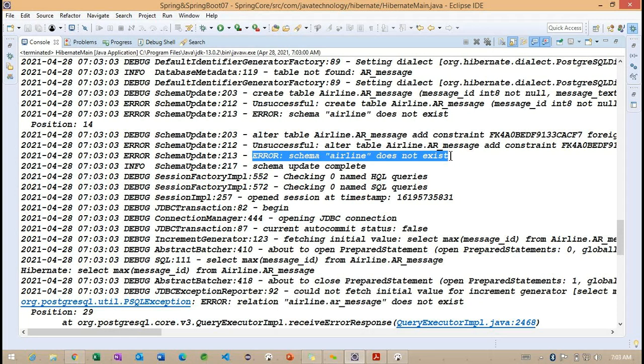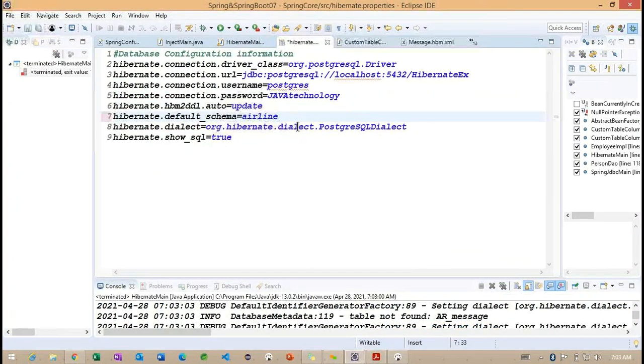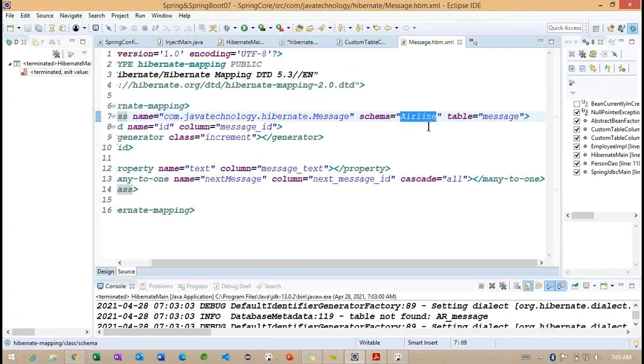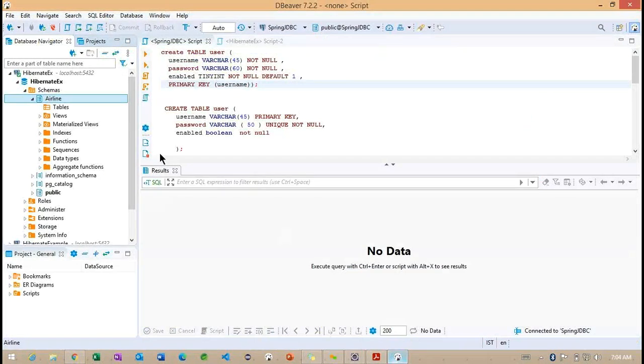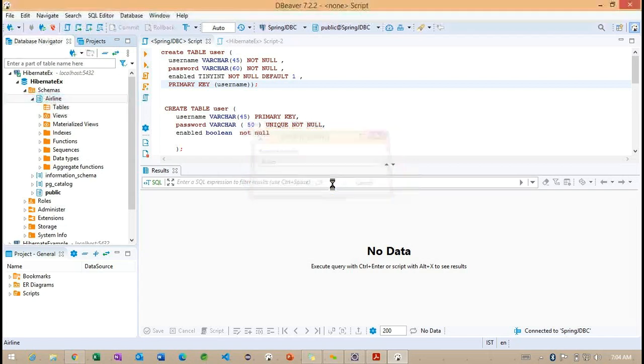Basically, schema airline does not exist here. Okay, we created airline here, but now we need to check in Hibernate. We are giving it as a capital, but I think in the mapping, in the DB, what we are having, we are having the same only.